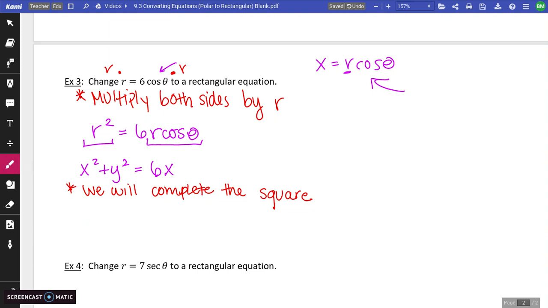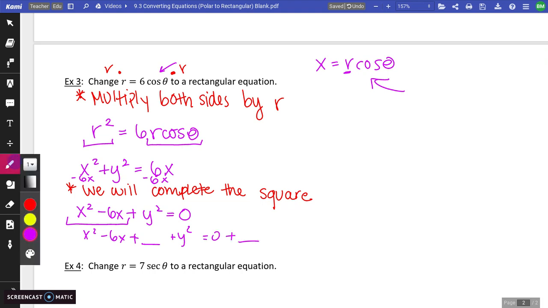So what I want to do first is move everything to the same side. So I'm going to subtract the 6x. So now I have x squared minus 6x plus y squared equals 0. Now I'm only going to have to complete the square with the x variables because there's no y term. So I have x squared minus 6x plus a blank, still plus y squared equals 0 plus blank to keep